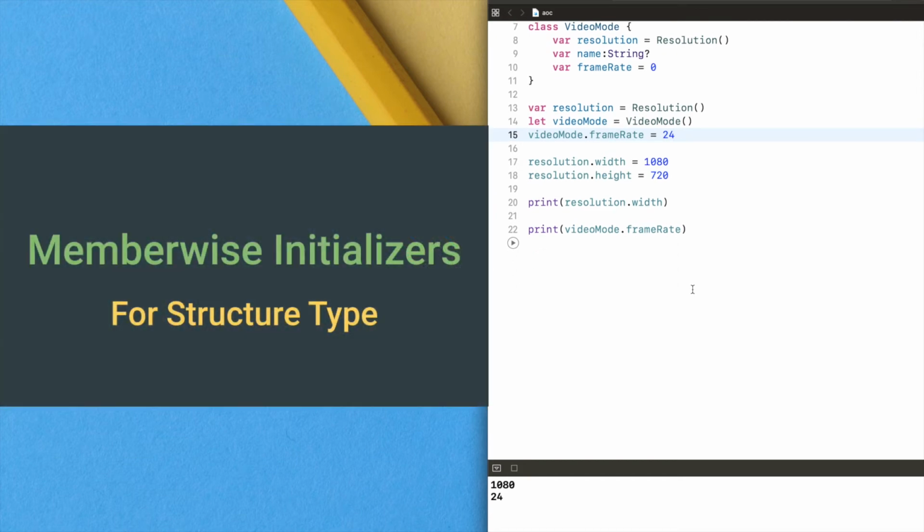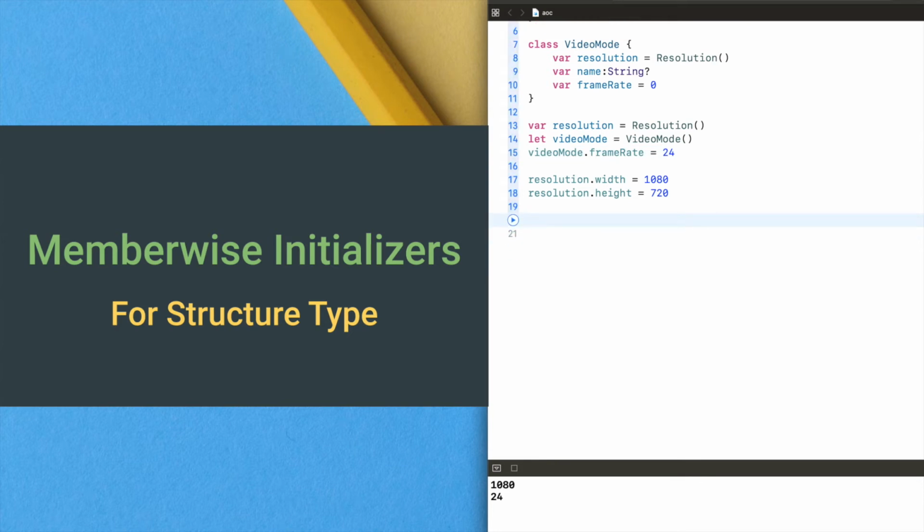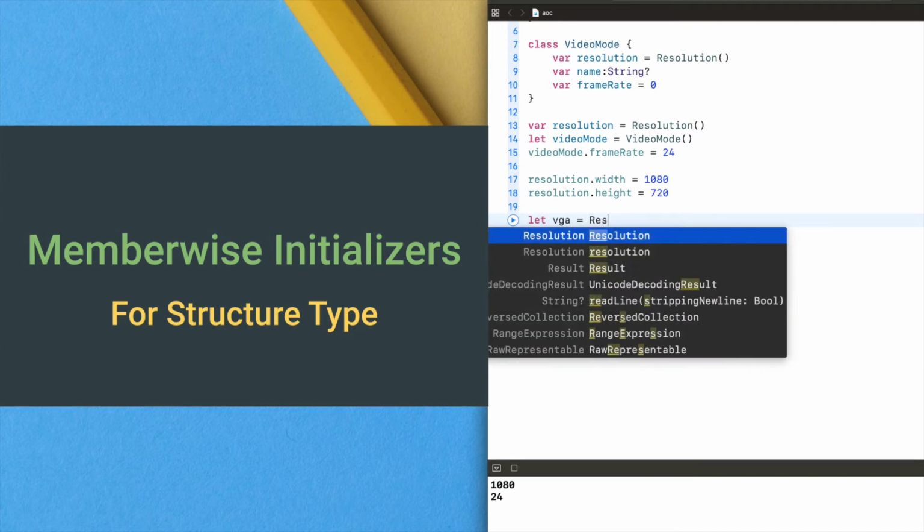The structures also provide member-based initializers for structure type. All structures have an automatically generated member-based initializer which can be used to initialize the member properties of a new structure instance. For example, I am going to create another structure VGA is equal to resolution.